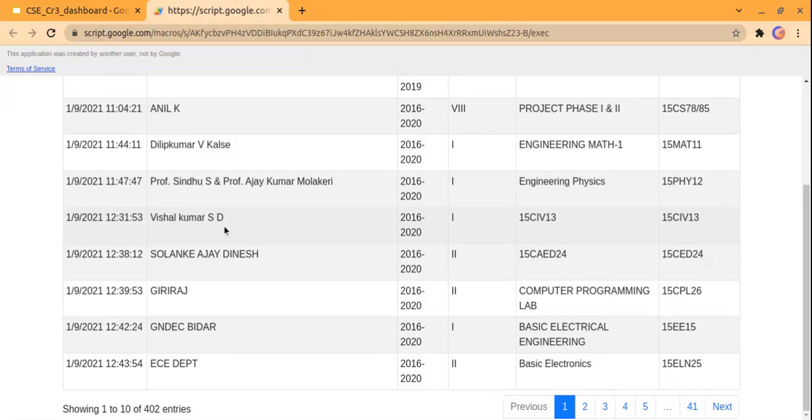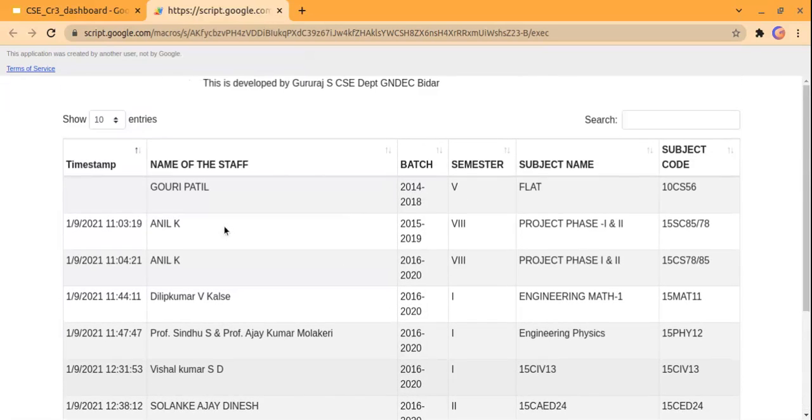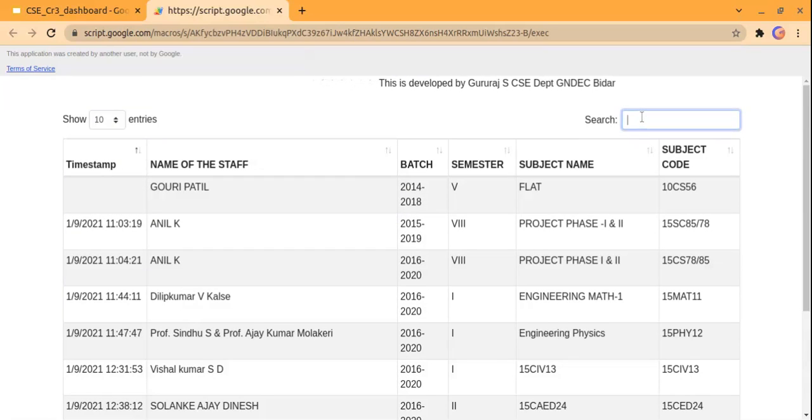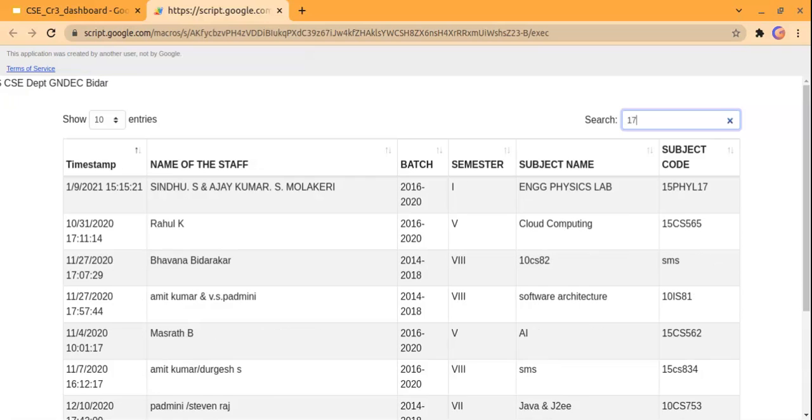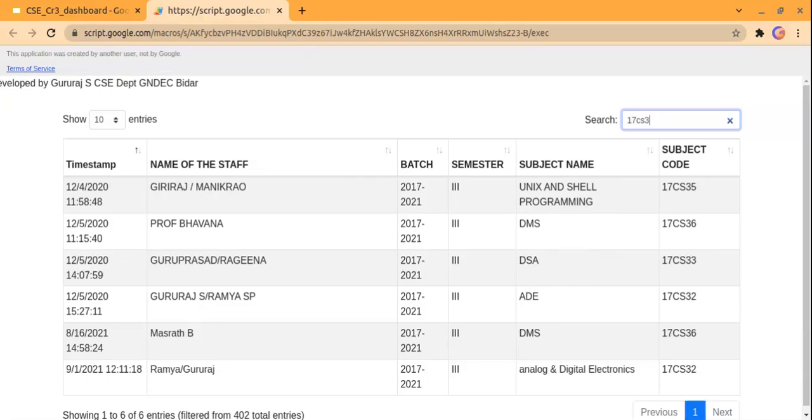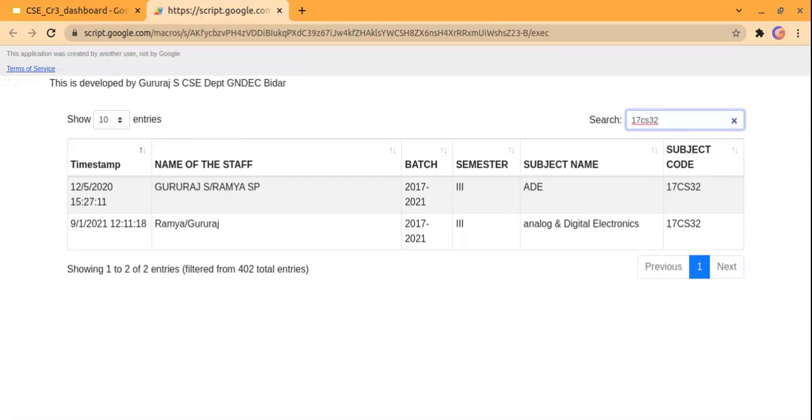The database is updated automatically, and you can search which teacher takes which subject, the subject with subject code, with subject name, semester wise. So like this you can search anything, like let us say if I search 17 CS 32, you can see there are two sheets, one for review I think.